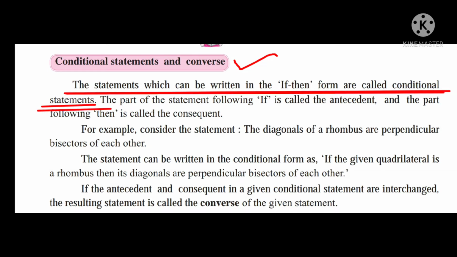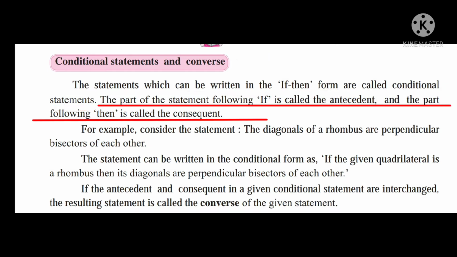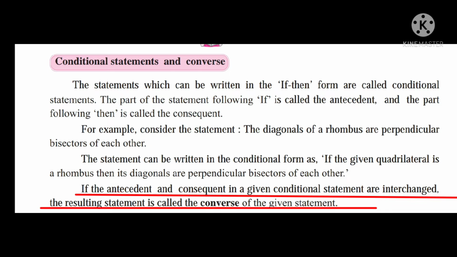The statement which can be written in the if-then form is called a conditional statement. The part of the statement following if is called the antecedent and the part following then is called the consequent. If the antecedent and consequent in a given conditional statement are interchanged, the resulting statement is called the converse of